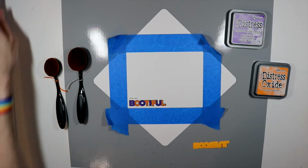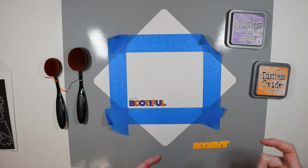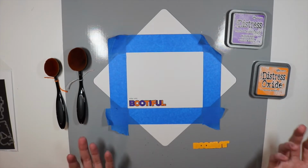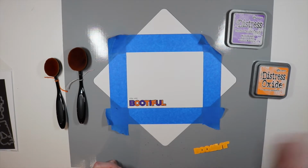I'm out of full sticky sheets. You know how they sell the Post-it notes that are full on sticky on the back? I'm out of those. I don't know what happened, but I ran out. So I'm kind of creating my own by using this Zig 2-way glue, but I've got to wait and make sure that it dries, because if you put it on while it's still wet, it will adhere permanently, and I don't want that to happen. So I'm going to wait for this to dry a second,